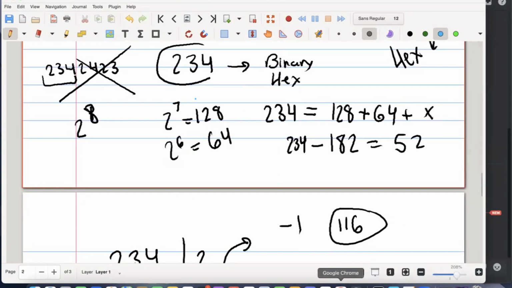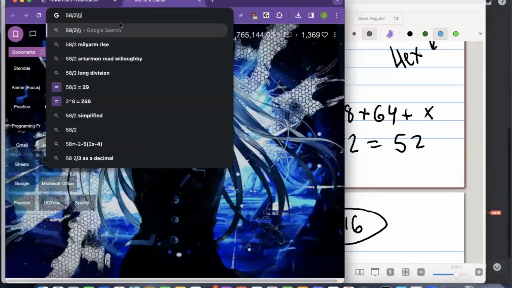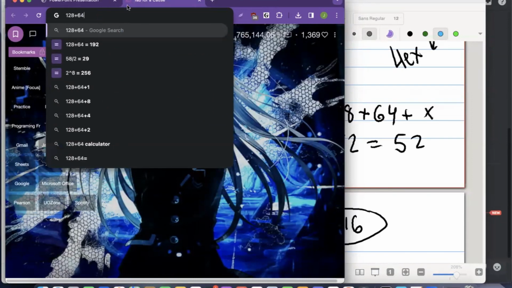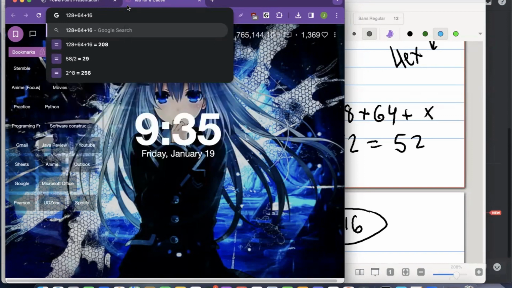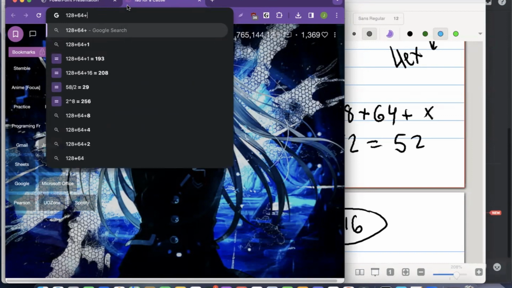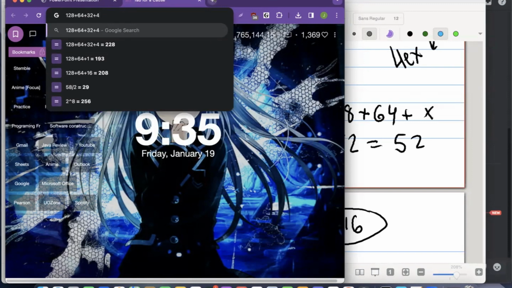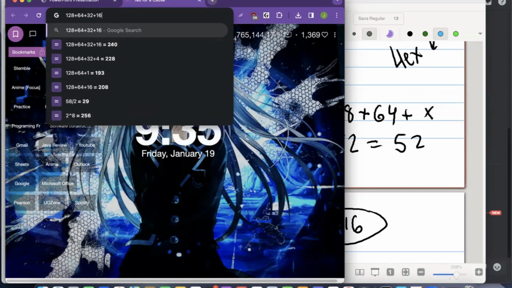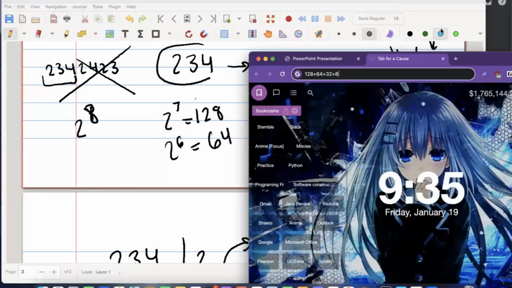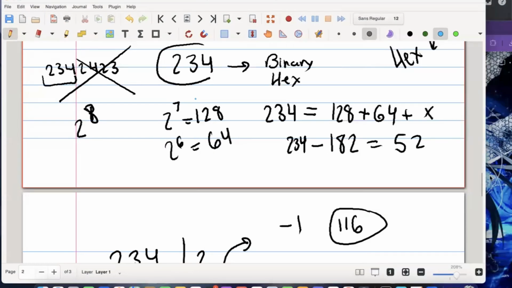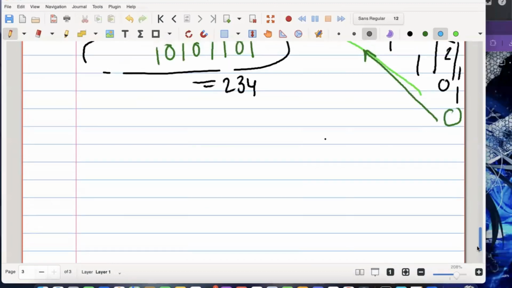Wait a minute. This is 128 plus 64 plus all I would need is 16. Or not even that. I could just go 32 plus 4 plus 16. That's too much, so plus 8. And then plus 2. Just checking the binary conversion. So the correct answer is, if I convert that,